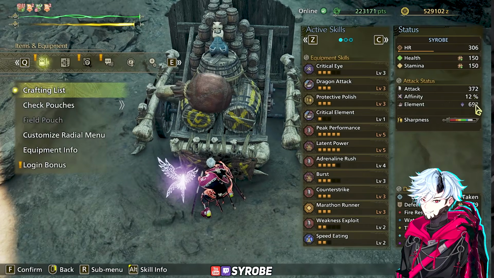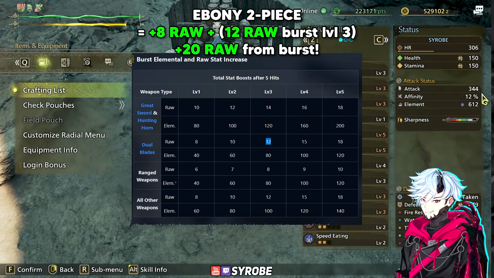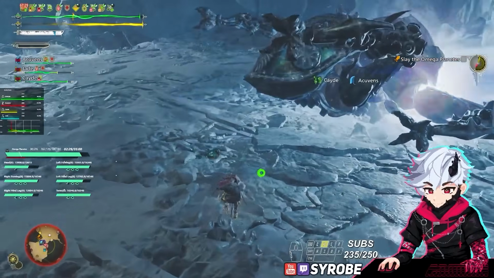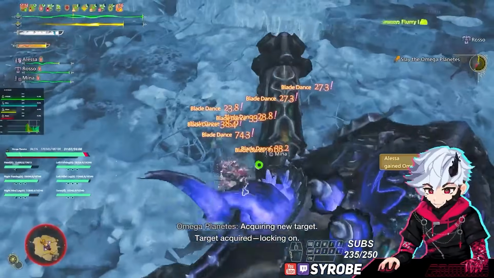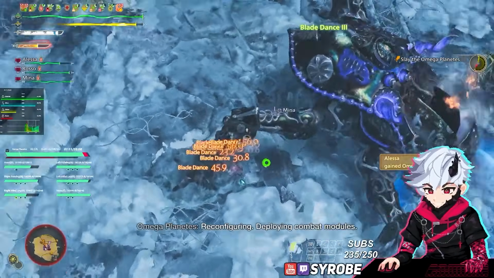So for dual blades, level 3 burst is plus 12 raw, and with the burst boost is plus 20 total raw from the burst skill. Lastly, we have the hard skin build. This is a special build for dual blades to use against specifically hard skin monsters, which is the exact opposite of soft skin. Because hard skin is anything less than 45 hit zone value, which is when weakness exploit stops